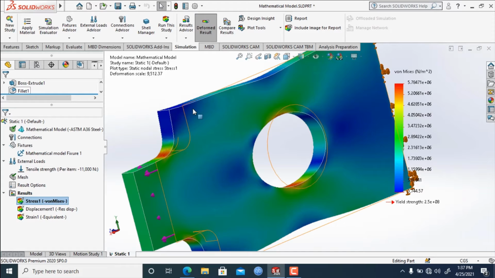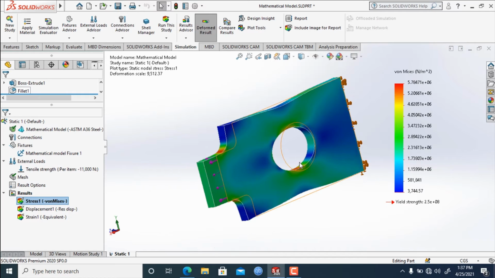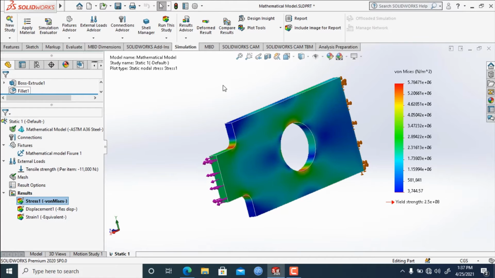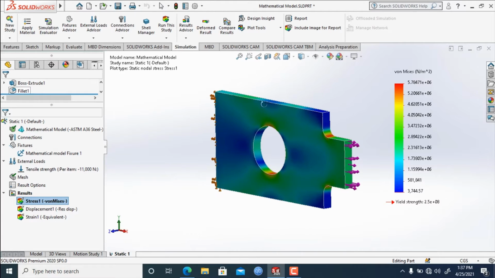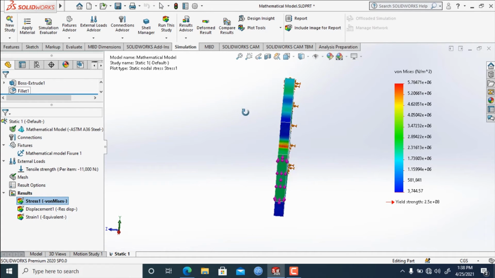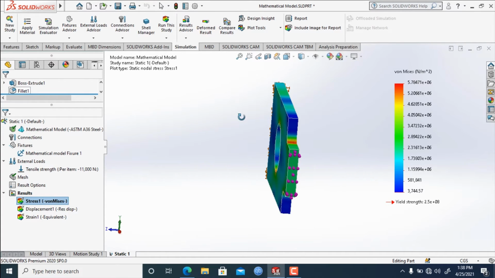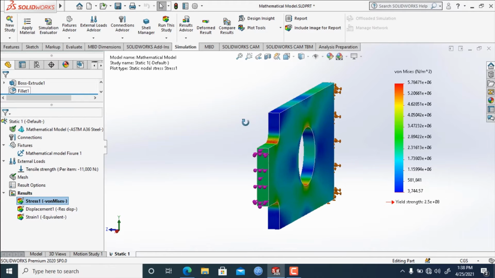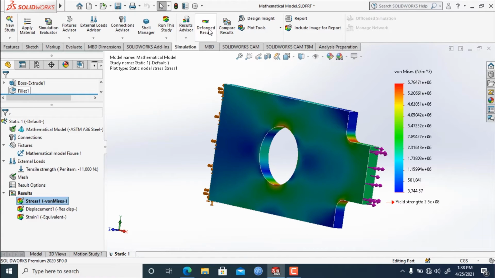I hope you have understood the sectional clippings clearly. Now all this time, the model has been shown with the deformed result. If we click on this right here, the model will only show the stresses. It will not show the deformation it will undergo due to the stresses. So we will go with deformed result only.